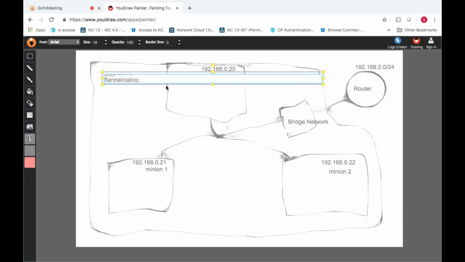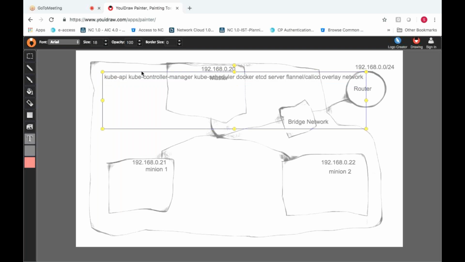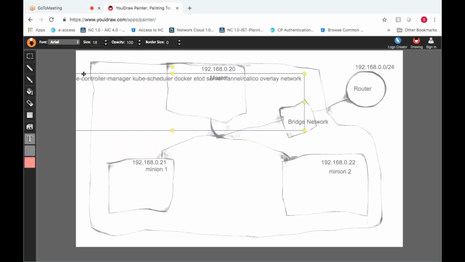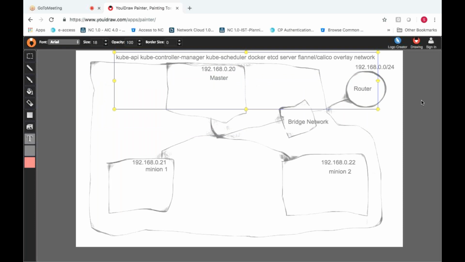So these components will be installed on the master node: kube-apiserver, kube-controller-manager, kube-scheduler, Docker, etcd server, and a Flannel or Calico overlay network.